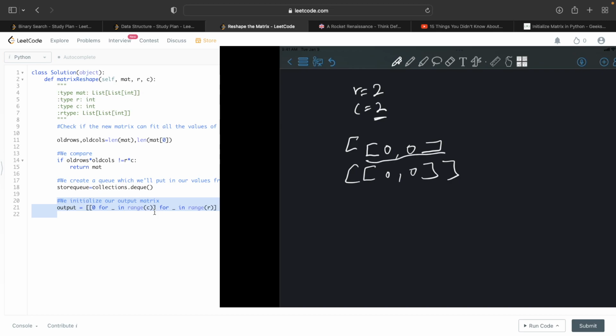So it does columns first, and then it goes rows in the row direction, right? Okay, so now that we know that,